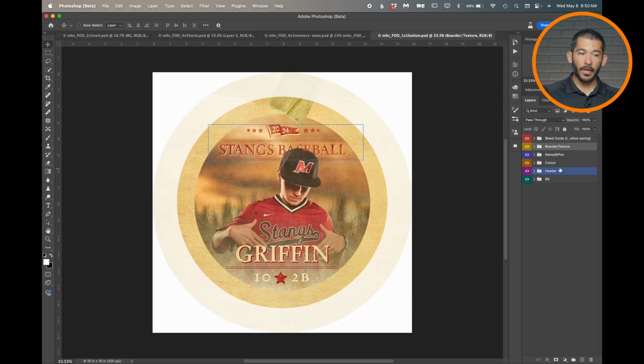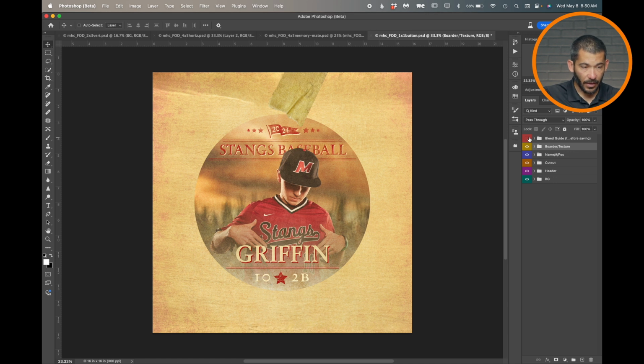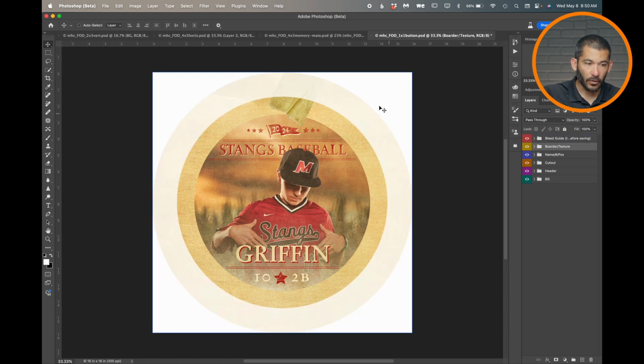All right, so now let's go to the button. Same principles, a little bit different. It's a circle. The top group is like a guide, so if you turn it off, you just see the design there. This is like the bleed where it's going to fold and wrap. This is the safe area. The small circle in the middle is the safe area where you're going to have your